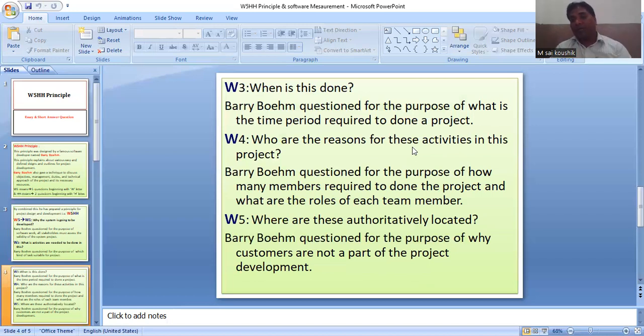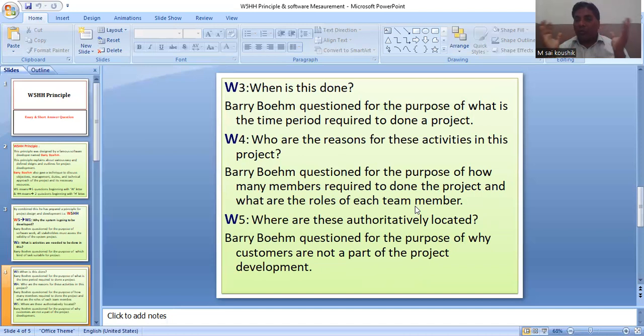Question number 4, that is called W4: who are the persons responsible for these activities in this project. He has to ask how many members are required to complete the project and what are the roles of each team member. One person is dedicated to developing.